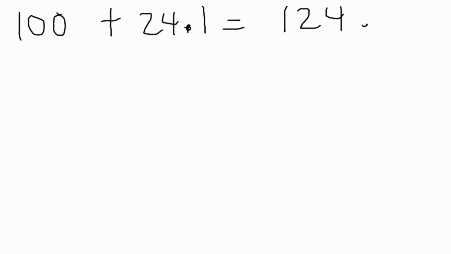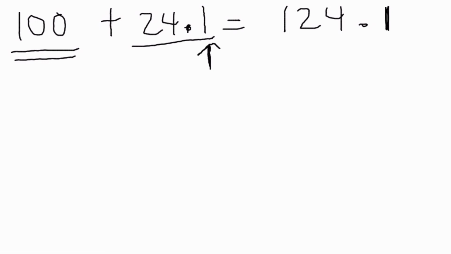100, which has 3 significant figures, right? Plus 24.1, which also has 3 significant figures. So my answer would just be 124.1. But the rule tells me that I have to look at the number that has the least number of decimal places. So let's look at 100. 100 has 0 decimal places. And let's look at 24.1. 24.1 has only